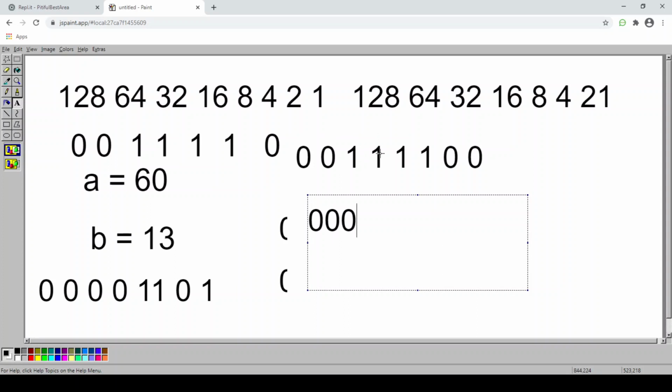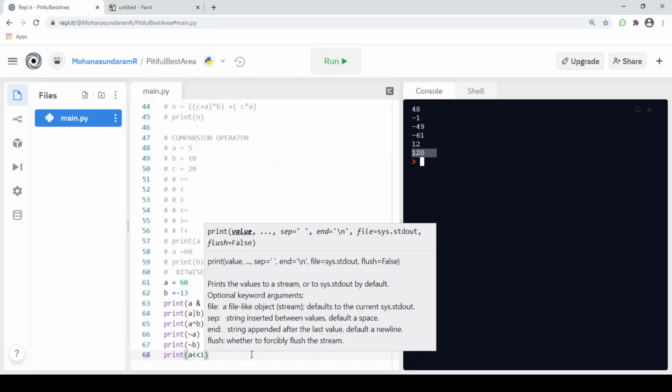And this value will be passed to this, and this value to this, and this value to this, removing the last variable from it. This is the value of the right shift operator, right shift for 1. Matching this with our table, we will get 16, 8, 4, and 2. Now we will do this in Python.